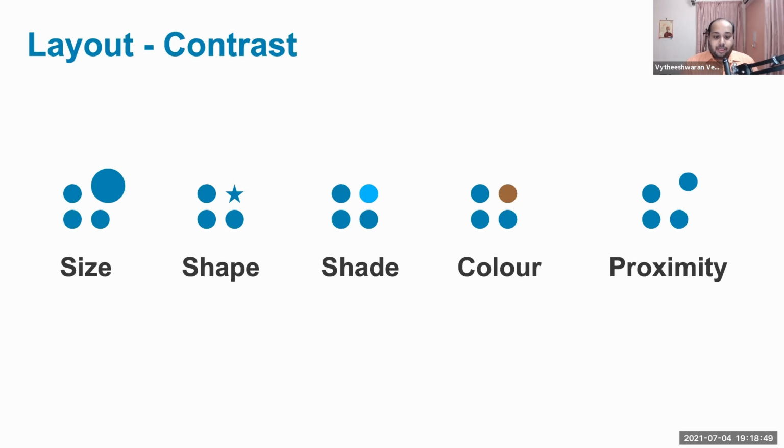Then shade of color. So when you see those 4 circles over there, the lighter blue shade immediately grabs your attention. There's something different about it. And of course, you can change the color itself, which will immediately grab the attention, like how this brown color is doing over here. And of course, proximity. Proximity is basically how you group elements on your screen. Now, if you want to create a sense of differentiation, or if you want to make one of the elements in your screen pop up, you separate it from the rest of the content, and that separation itself, you don't have to do anything magical about it.